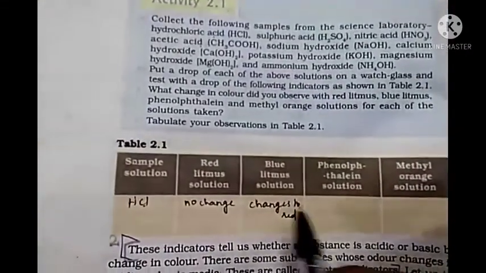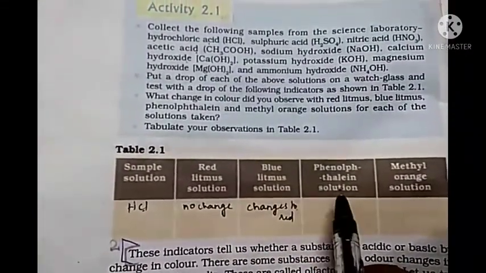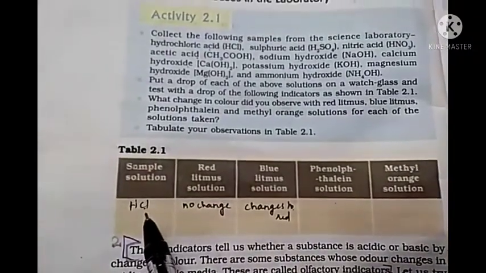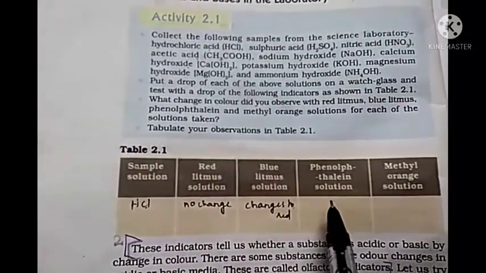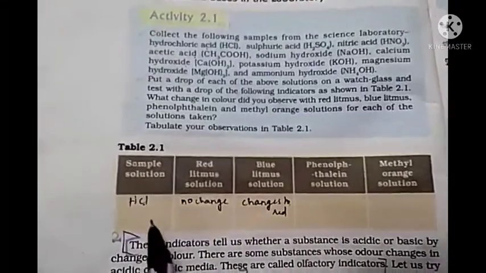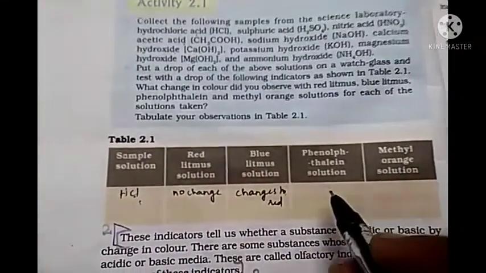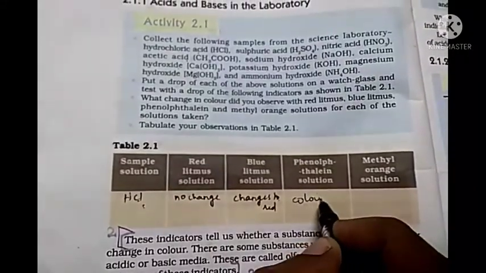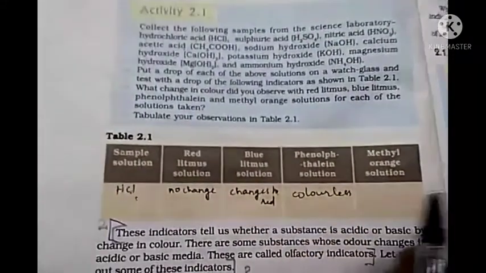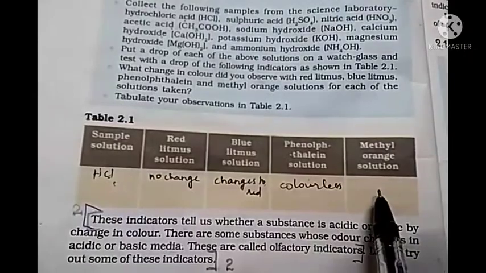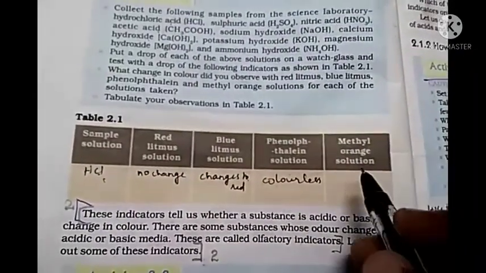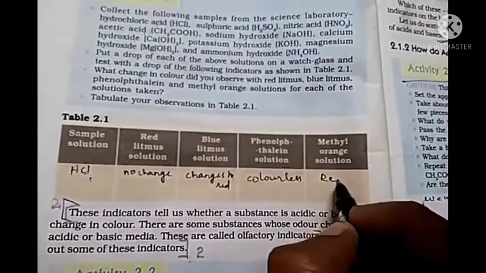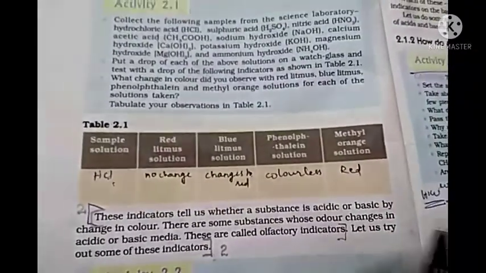Okay. Then what is the effect of HCl on phenolphthalein? We have studied that phenolphthalein remains colorless in acidic medium. Since HCl is an acidic medium, phenolphthalein gives a colorless solution. So here we can write colorless. Okay. Now methyl orange. It gives a red color in acidic medium. So here we can write red. Okay. Like this,